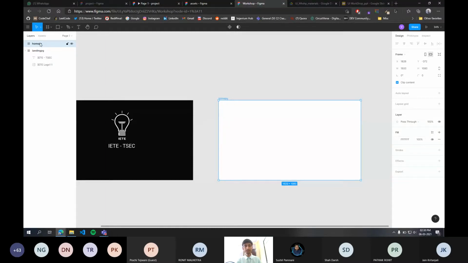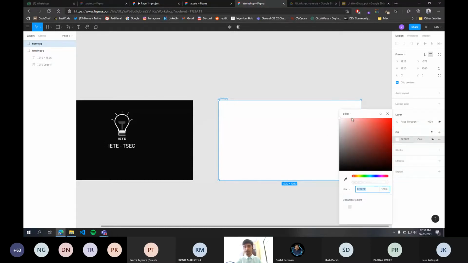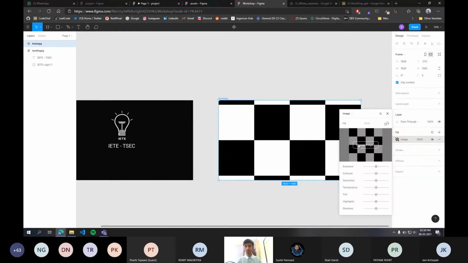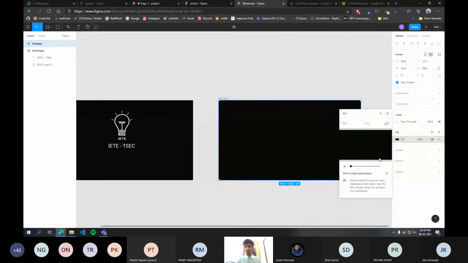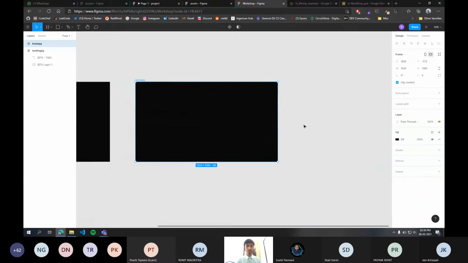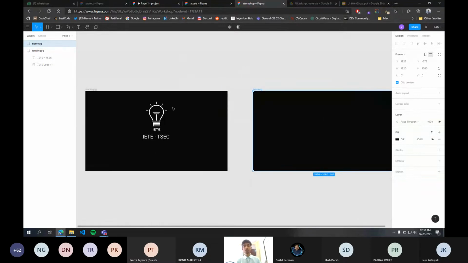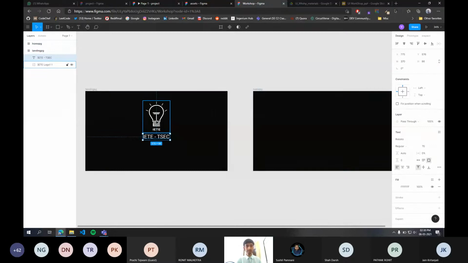Now our prototype also had the same background as the landing page. So again select this home page and go to fill, click on this drop down menu, and instead of solid color click on image. Now apart from solid and image, there are also various other fills like linear, radial, angular, diamond. These are nothing but the gradient shades. So for now we require a GIF image, so we click on image, choose image. Okay, done.